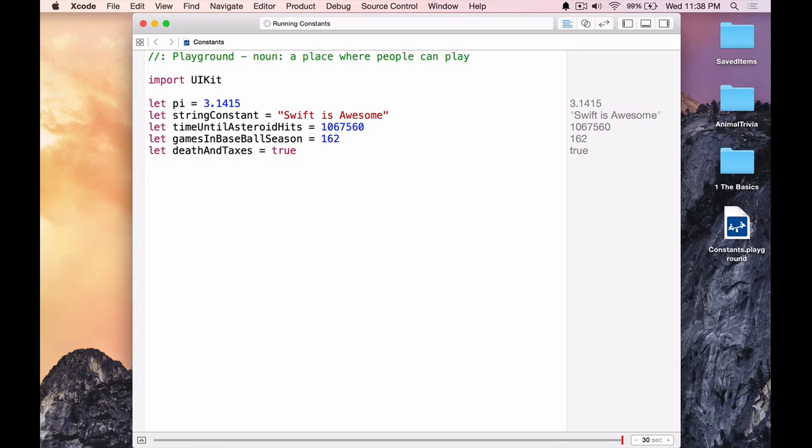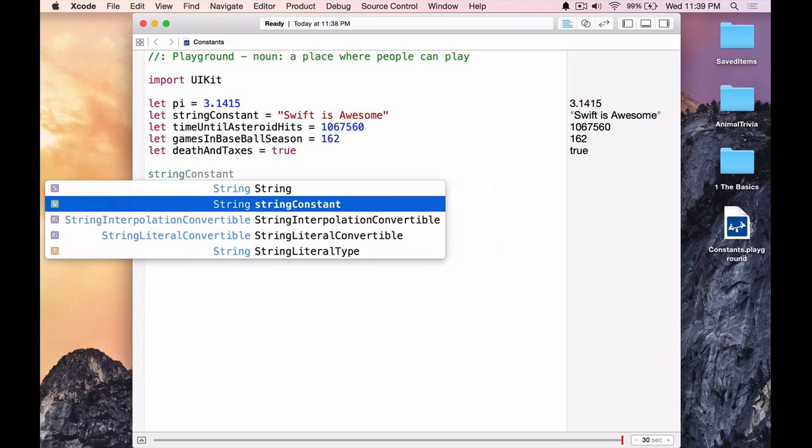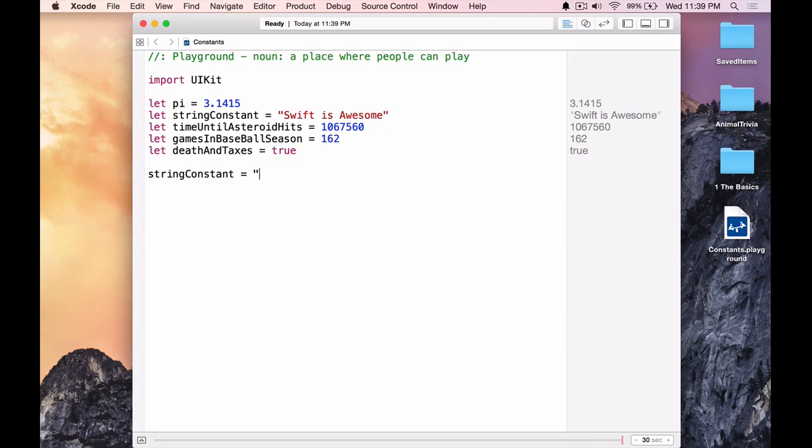So let's prove that these constants cannot be changed. Imagine we wanted to change string constant into a different string, let's just say a new string. If this was a variable, which was the first thing we saw when this thing loaded up, and we'll talk about variables in just a few lectures, we'd be able to change it. But because it's a constant, we can't. So if we try to type in string constant equals new string,